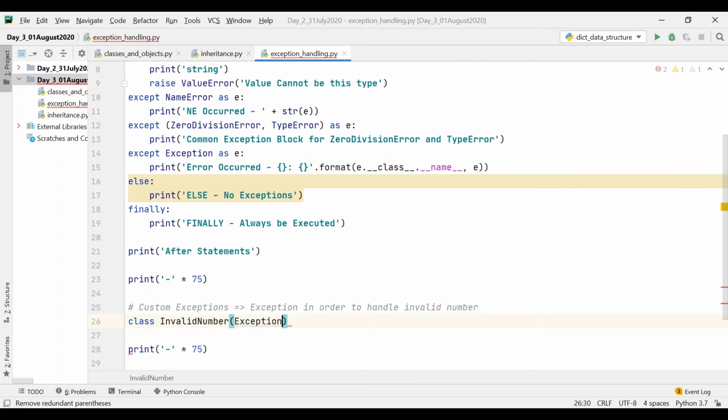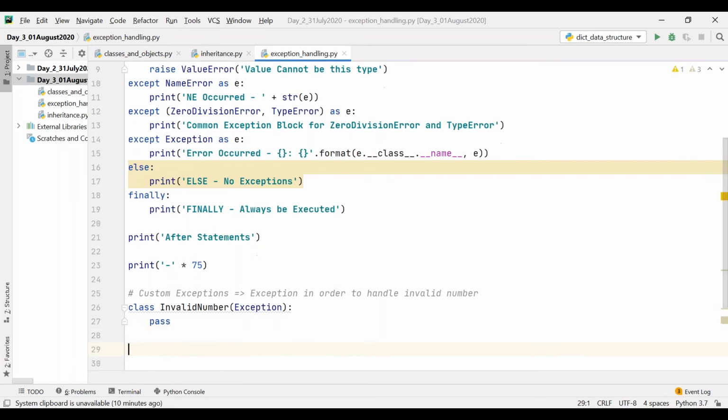Whenever you define your own exception, you have to inherit the Exception class. Okay, and then a colon. For now, let's consider it as pass.